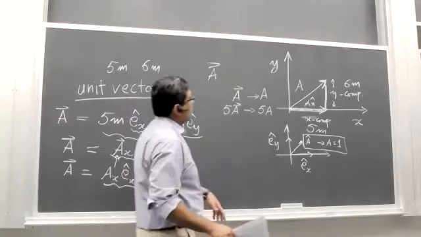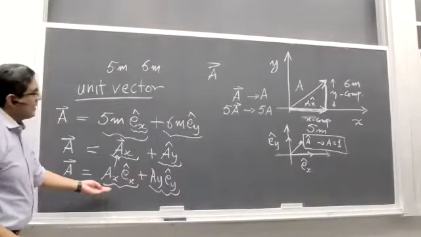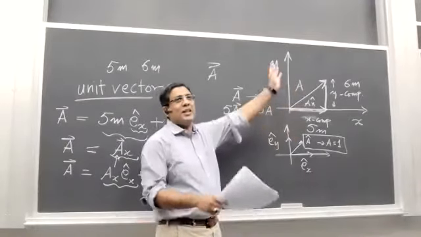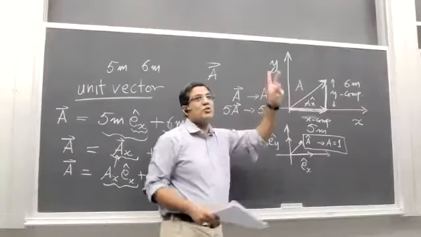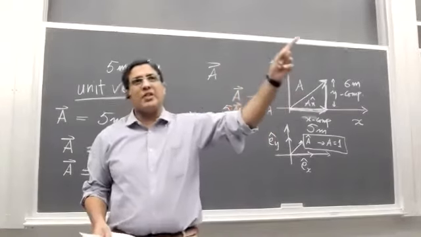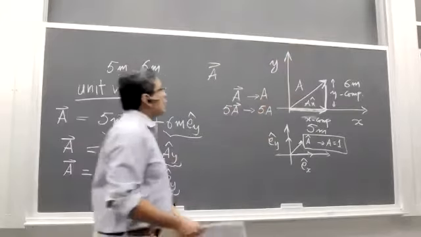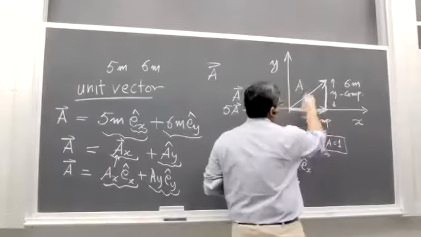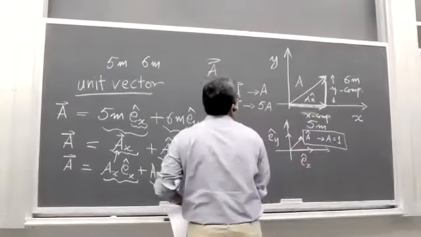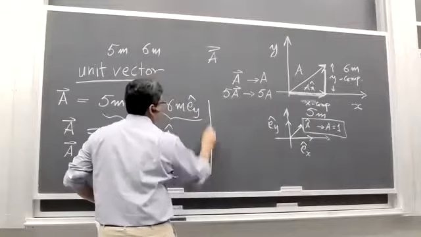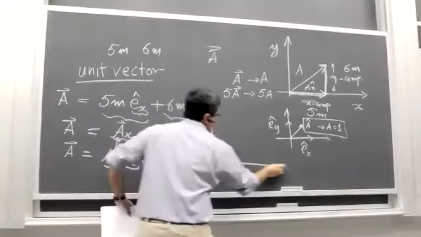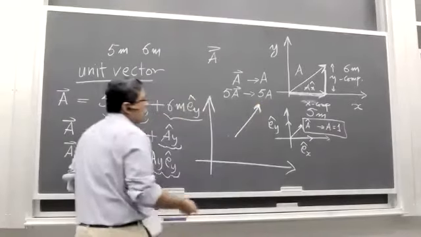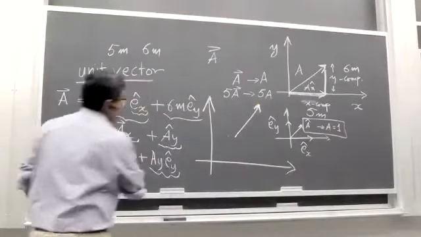Another important point, this does not really matter for this vector, for the vector to have its tail at the origin. Okay. A vector can be anywhere in the coordinate system as long as two things do not change about the vector, its magnitude and its direction. So long as you have the same magnitude and the same direction, this vector A, if it is written in a coordinate system like this, no difference. This is still the same vector.